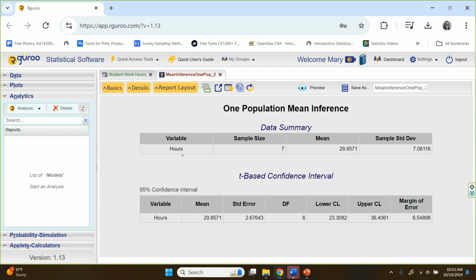So again, this part up here was determined by ArGuroo when we handed it the data, the top row. The second row is our interval. So we have a lower confidence limit of 23.3, we'll call it, and an upper confidence limit of 36.4, and a margin of error of roughly 6.5 hours. So 23.3, 36.4. Let's see if I can remember that. And we'll go back